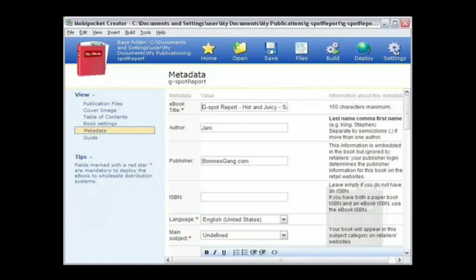Next you want to hit the metadata link. This is a very important area here. Think about keywords. Think about what people would look for to find your book on Amazon.com. So make sure you get your keywords in your title. Put in the author's name, the publisher,